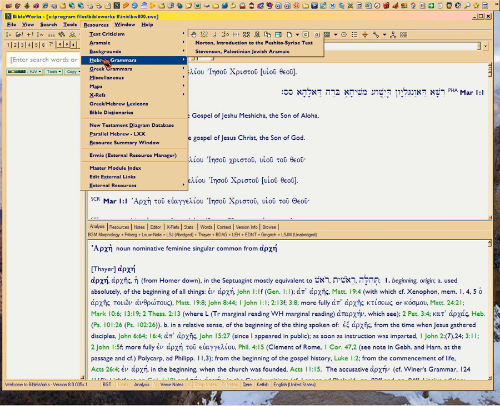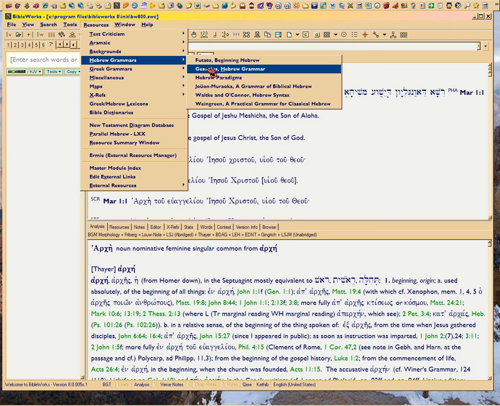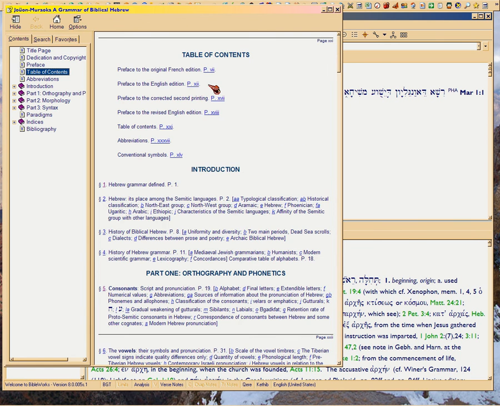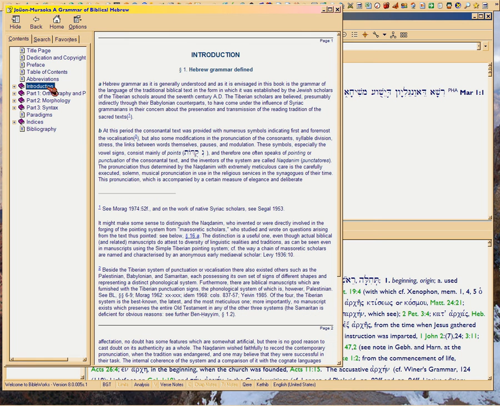Okay, we didn't stop at Hebrew grammars. We had just seen a little snippet of Gesenius, but actually Gesenius covers a lot of ground, really important ground, about the characters, the Hebrew alphabet, and how it developed over the years. I'm going to get to Hebrew paradigms in a minute, but I want to show you this. This is also bundled with BibleWorks, and it's got some stuff in it that isn't exactly right.